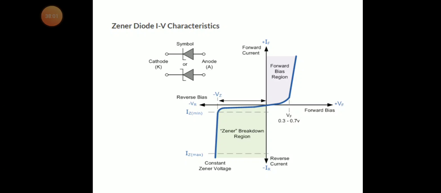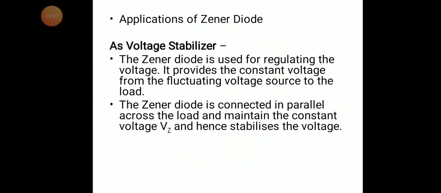The meaning is that only after this voltage will the device be on. Whatever amount of voltage you set, only that amount of voltage appears across it, and the remaining voltage goes to the current. So we can consider it as a fixed voltage source, which gives a fixed amount of output voltage. This is another way we can use the Zener diode.